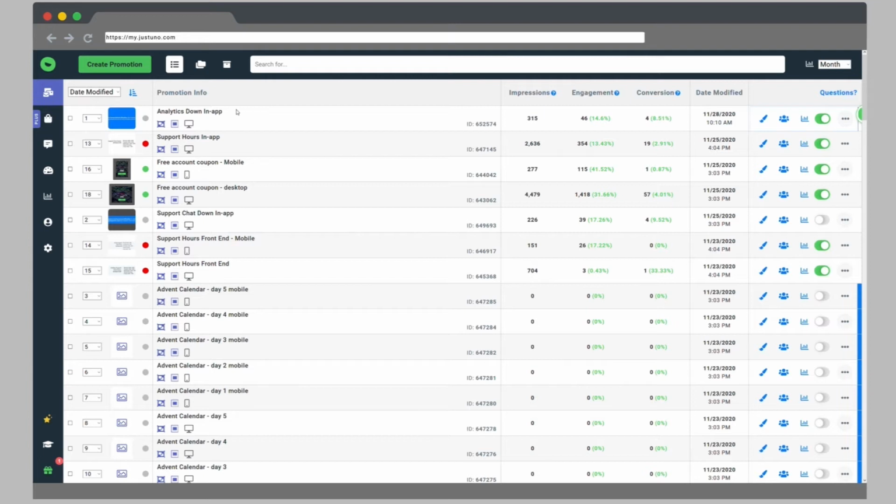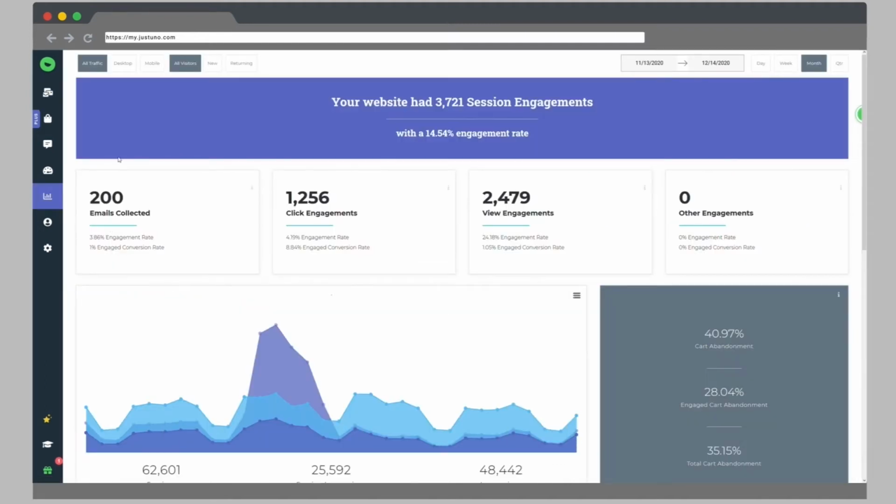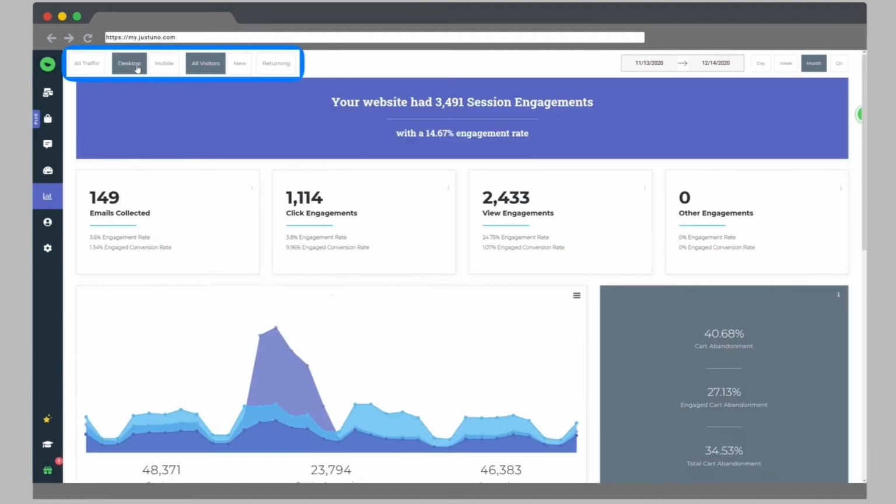Now, let's get started. Click here on Analytics and you will have several options. We're going to explore a few of them. In Dashboards is your overall account's performance. At the top, you can filter the data for all traffic and visitors, or separate it, desktop versus mobile, and